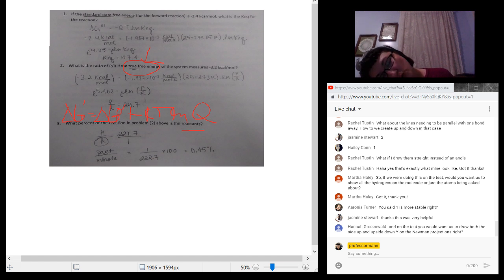Kcat of 3 is the turnover number, so the number of reactions per second for an enzyme at Vmax, so at maximum velocity or complete saturation. So it basically is just saying that's how many reactions you can have per second. I mean, like 3 reactions per second when you're saturated. So, yeah, you answered that just fine. And then it achieves half Vmax at substrate equal 0.001.